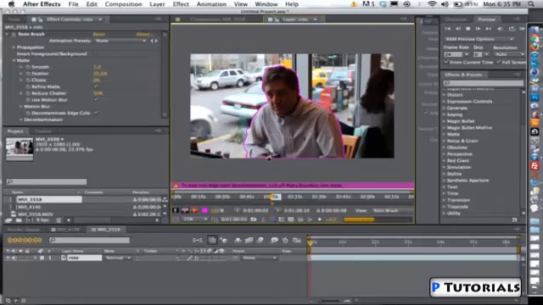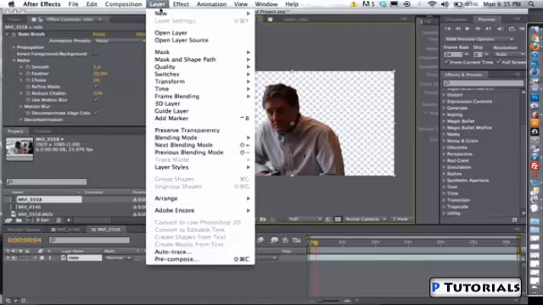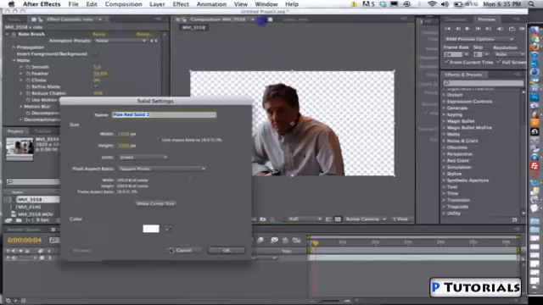So we're going forward right now, and it does take a little while, especially if you're at full resolution. If you're doing roto stuff, make sure you have at least 4 gigabytes of RAM, so you can be able to do your roto at full resolution. So if I stop where we're going and go back to the composition view, we have our talent cut out. I'm just going to go composition or layer, new solid, and I'm just going to make a nice white solid. Name this background,